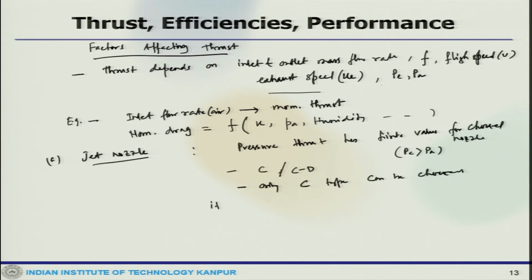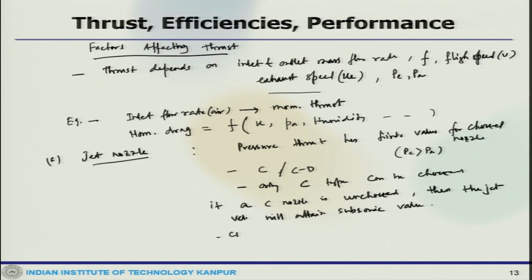Now, if a convergent nozzle is unchoked, then the jet velocity will attain subsonic values,